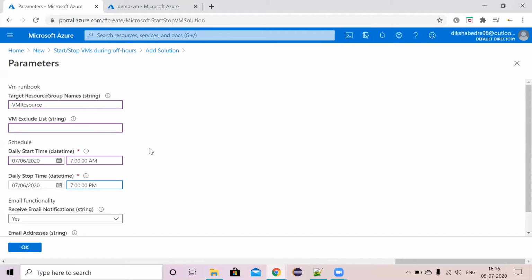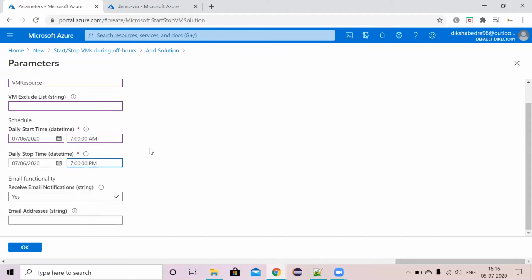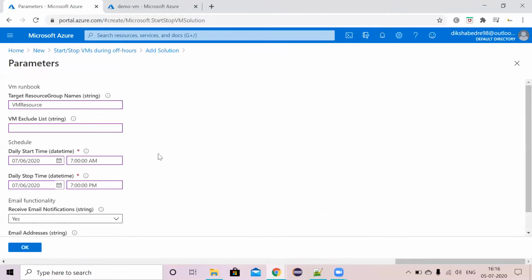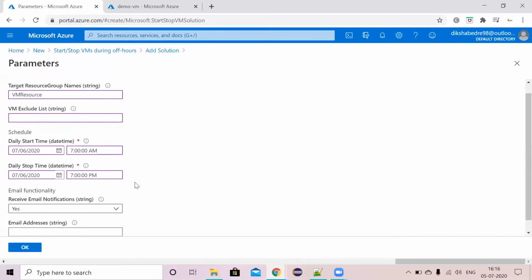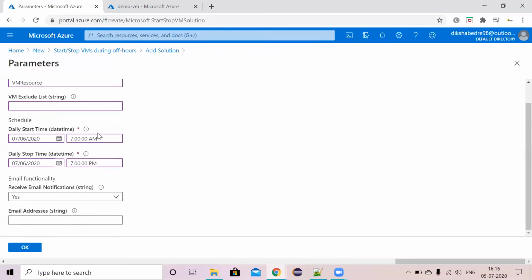It will be as per UTC time, as we selected the resource group in Central US, so it will take the timings accordingly. It depends on which region the virtual machine is in, like South Asia or South India, and then it will take a different time. So it depends on the time, whether UTC or IST. That way we have to check the times, and by that way we can schedule our VM here as per the timings.